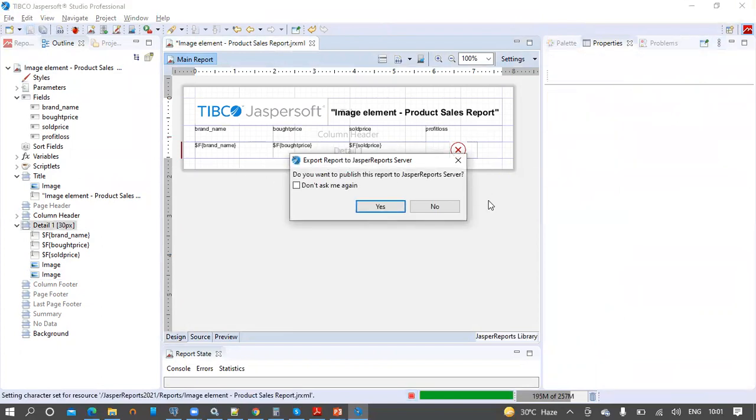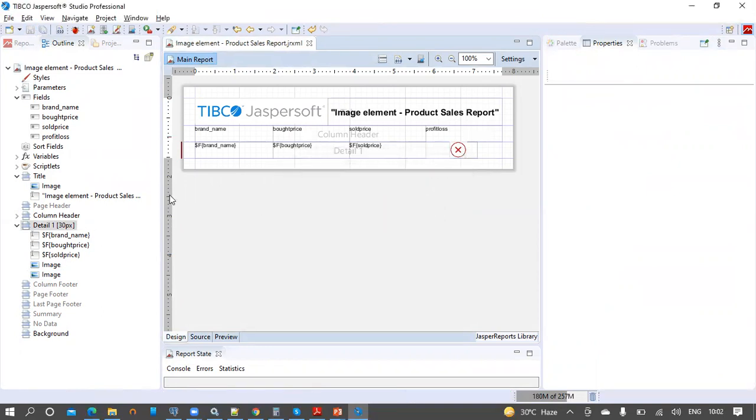Save the report. Click no for now. Now we are done with the processing of images on the design space.